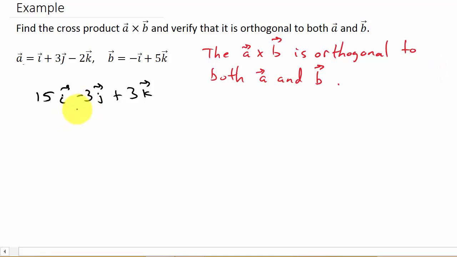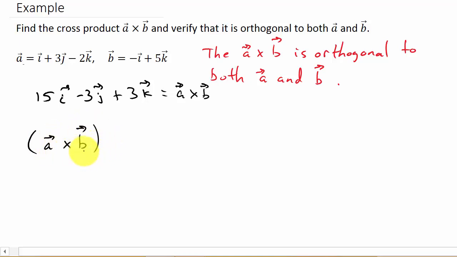Let's show that the cross product, this is your cross product, is orthogonal to vectors A and B. All right, so how do we show that they're orthogonal? Well, that means their dot products are 0. So if I do the dot product,